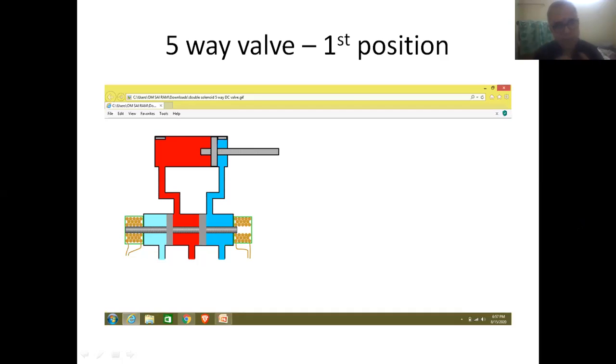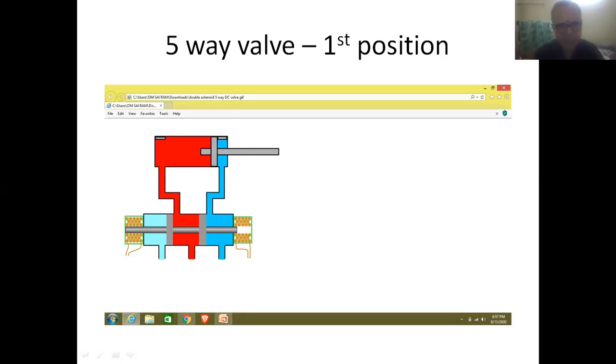So therefore, that is called a common exhaust system. But in the case of a five-way valve, the first exhaust is used for the first outlet of the valve, and the second exhaust is used for the second outlet of the DC valve.